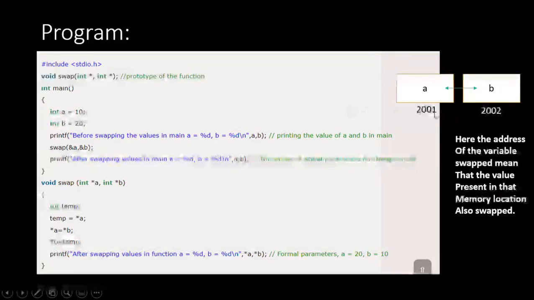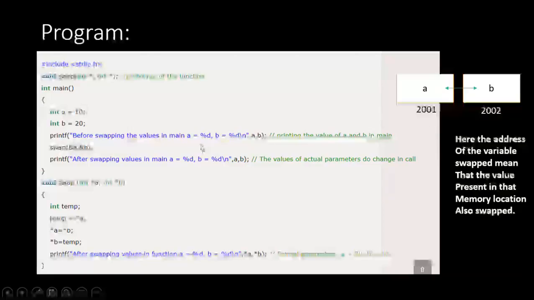It creates memory space, and here 2001 and 2002 are the addresses of those variables. Here just the addresses get swapped. The memory is created and the values are located.